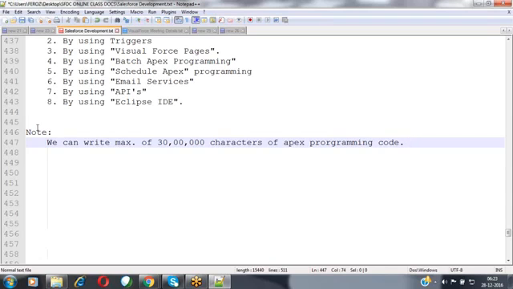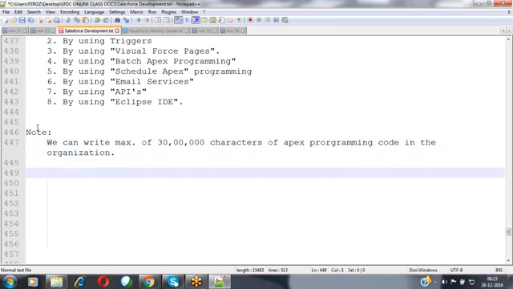Now, whenever you write Apex programming code, the number of characters that you have written will be counted by Salesforce automatically by default. In the entire organization, we can write many Apex classes.